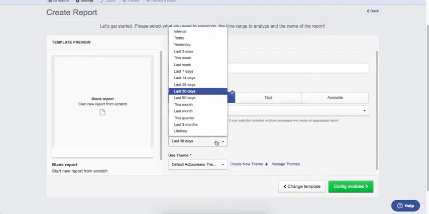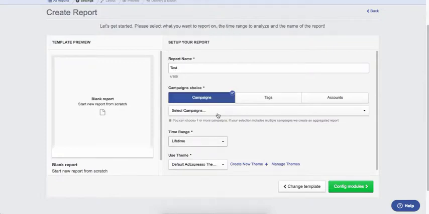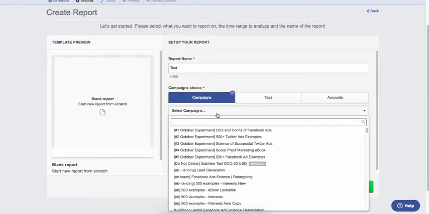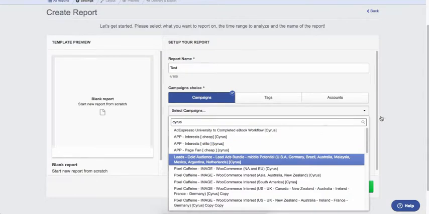Now, in addition to that, you can also change the time frame of the report too. So in this case, we're going to be changing that to lifetime, but of course we could even choose today, or we could pick a custom interval if we have just a couple of days that we want to look at in particular. I'll go ahead and type in the name of a campaign that we're going to use here